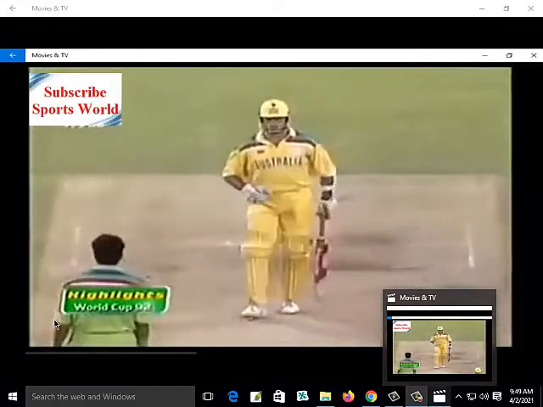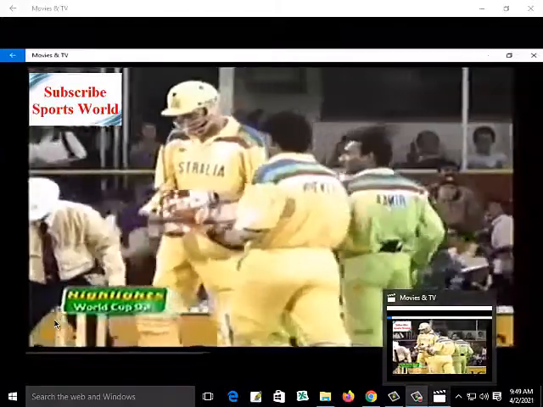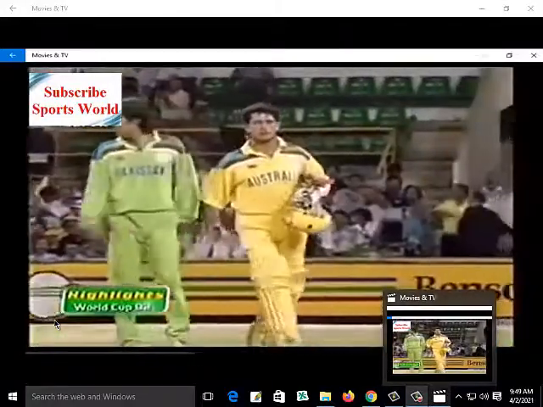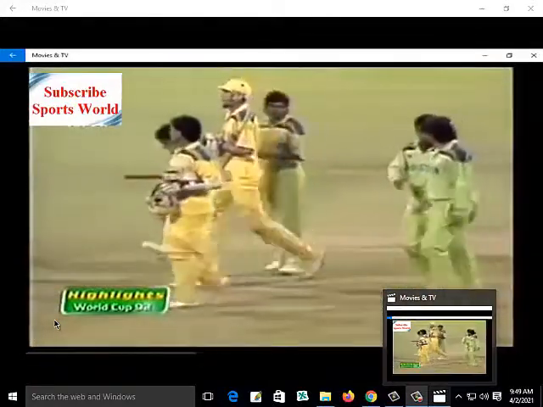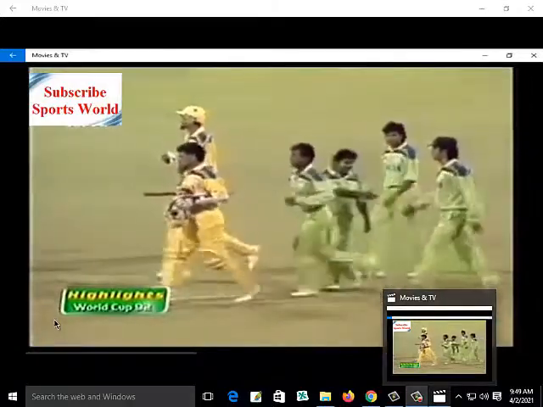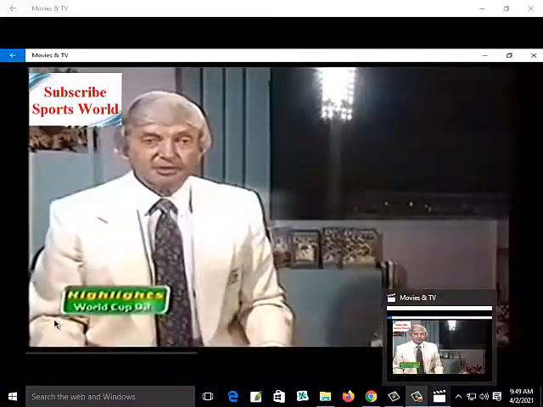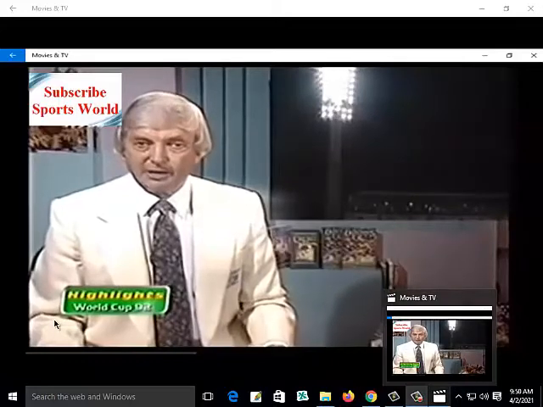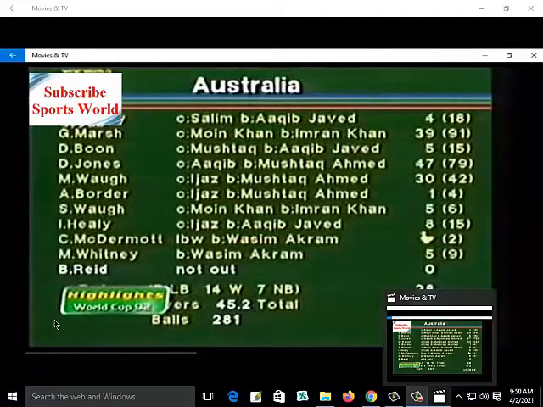Gone, that's it. Michael Whitney is bowled by Wasim Akram. It's all over. 2 points to Pakistan. A great victory, defending 220. They've bowled out Australia in the 46th over. Magnificent performance by the young leg spinner Mushtaq and Aqib Javed, the medium pacer. That was a real hammering for Australia, inflicted by Pakistan there. Excellent captaincy from Imran Khan. The bowlers did well, and their fielding, which was pretty ordinary in some of the earlier games, stood up to the pressure here today. This is the way the Australian batting card looked at the end.